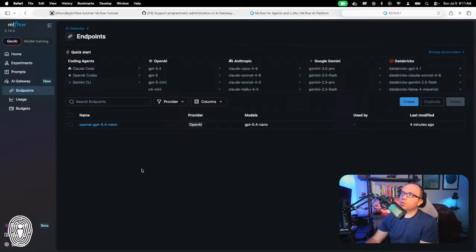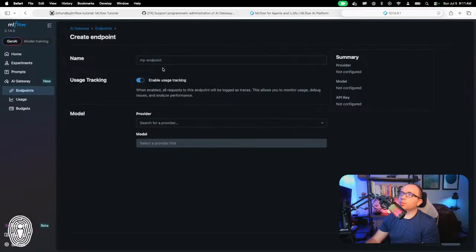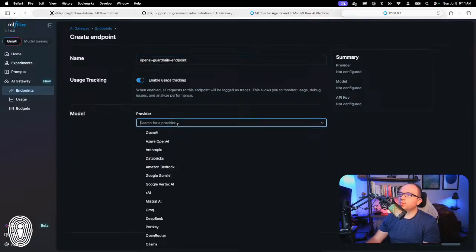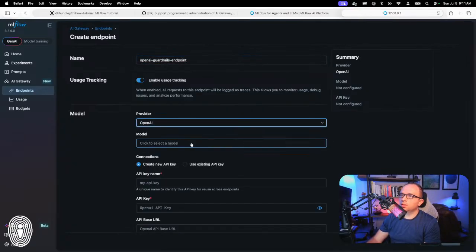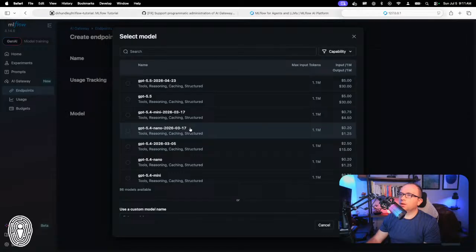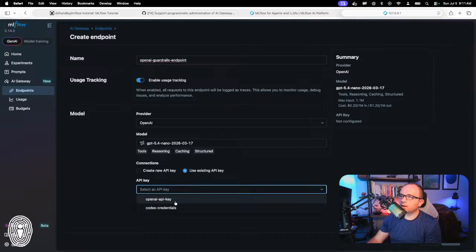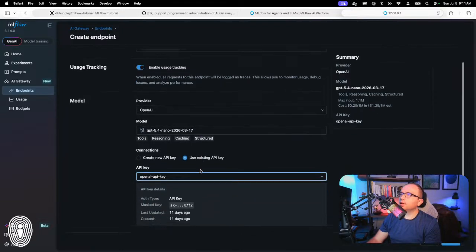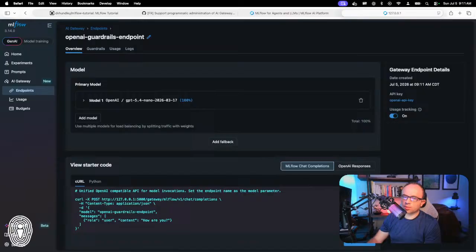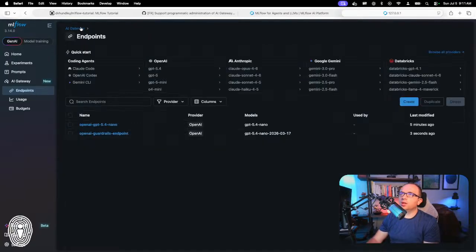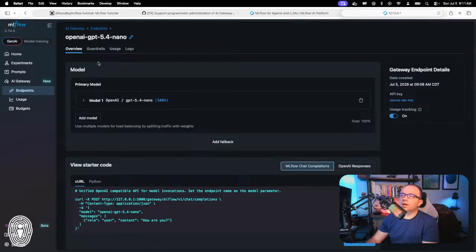So I'm going to go back to the endpoints. I'm going to create a new endpoint. I'm going to call it OpenAI guardrails endpoint. I am still going to be making use of nano here. All right, yeah, that's the one we want. Select, use my existing API key. All right, and then I'm going to go ahead and hit create down in the bottom right here. All right, so I've created the guardrails endpoint, so now I can go back to the GPT-5.4 nano endpoint,